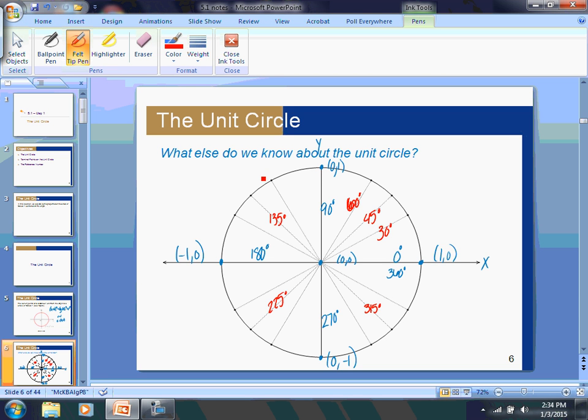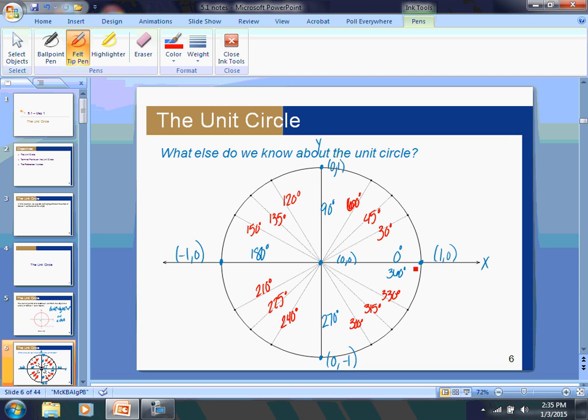Another 30 is going to be 120. Another 30 will be 150. Plus 30 is 180. Plus another 30, that's going to be 210. Plus another 30 is 240. Plus 30 is 270. Plus 30 is 300. Plus 30 is going to be 330. Plus 30 is 360. So using that 30 degree section helps us get measurements for all of the 30 degree